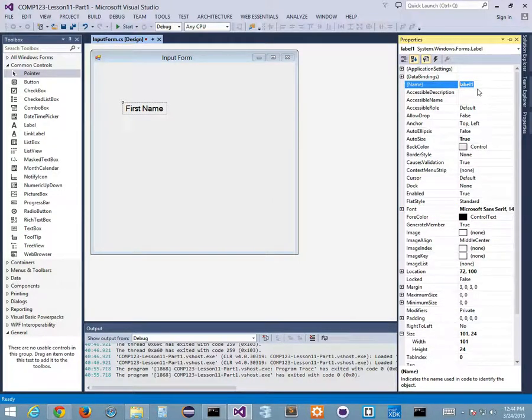What should I really name this by our conventions that we've talked about over the last week or so? First name label, all caps. So, or camel case, upper camel case. So it's first, capital F, name, capital N, and then label. I want you to put the label in there because we know it's a label that way, and we can differentiate between first name TextBox or something like that. I'm giving you kind of a preview of what I'm going to put in next, right? Okay, here's my first name